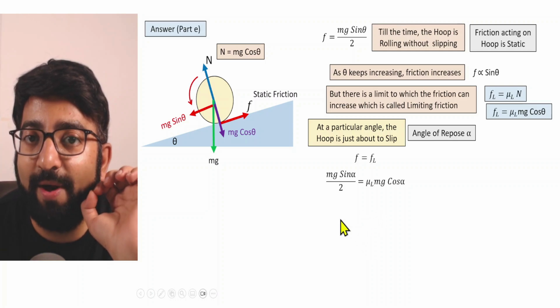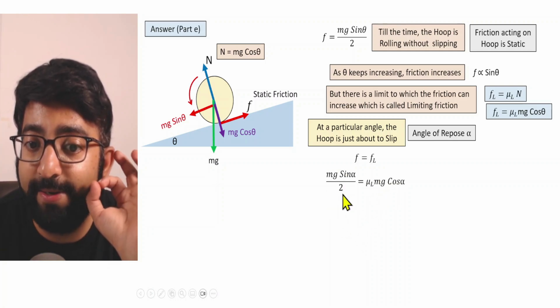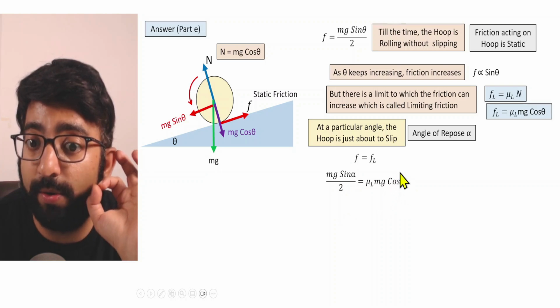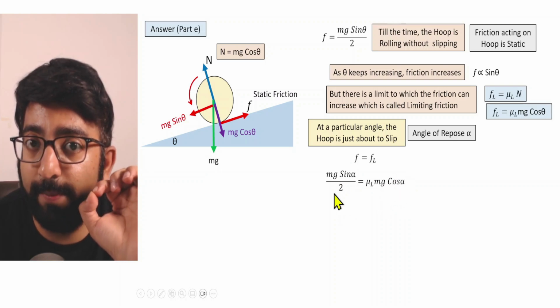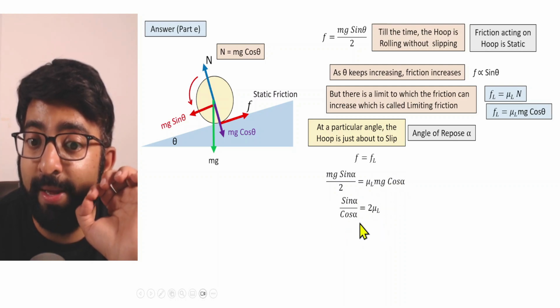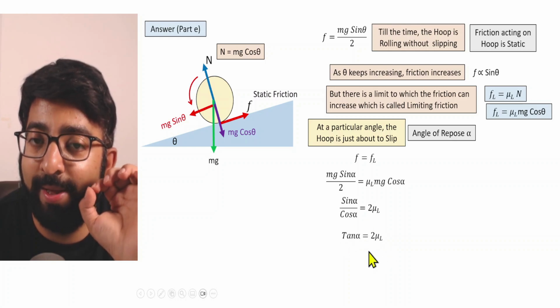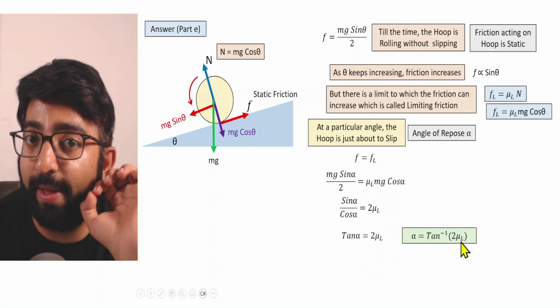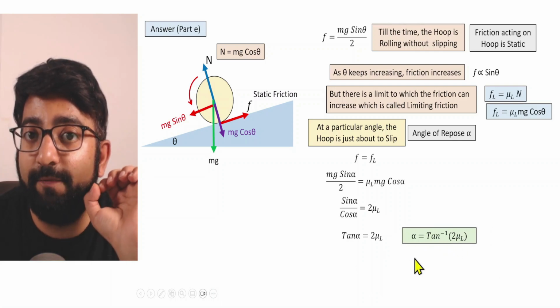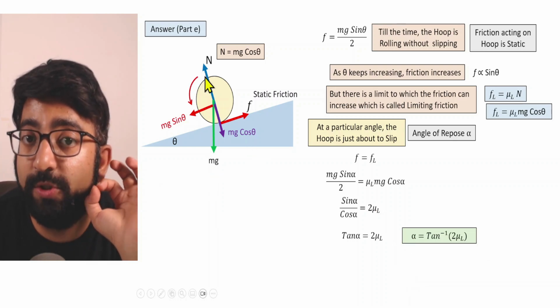Let us try to make alpha the subject. So what we'll do, we'll cancel out the mg on both sides. We'll take this 2 to the right hand side and cos alpha to the left hand side by cross multiplication. So we will get sine upon cos is equal to 2 mu l. Sine alpha upon cos alpha is tan alpha, which is equal to 2 mu l. And if we make alpha the subject, we'll get tan inverse of 2 mu l. And this is the expression for the angle of repose, the angle of incline at which the hoop just begins